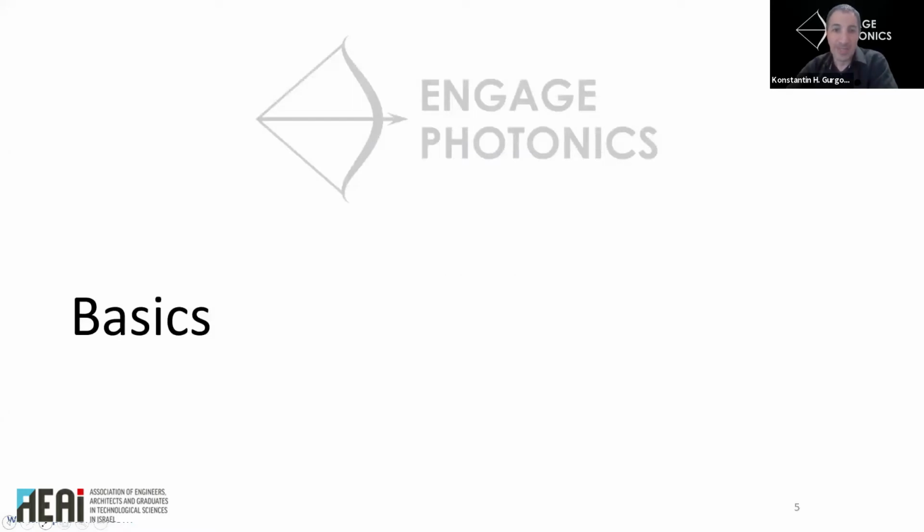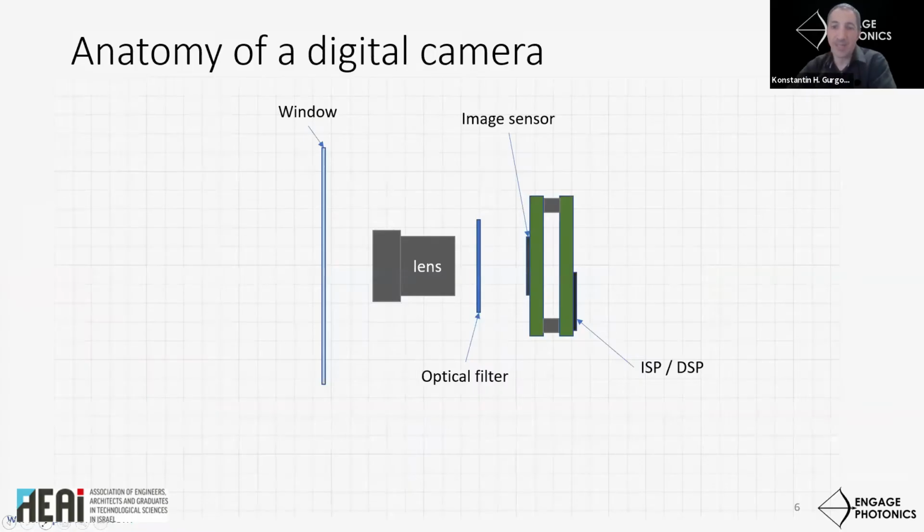So to the basics, to start things off, we will look at the physical components of the camera. There is the lens and the image sensor, the most important parts. The image sensor is typically mounted on some PCB substrate. To control the image sensor, commonly there is an ISP or some other kind of DSP chip on the same board or a separate board.